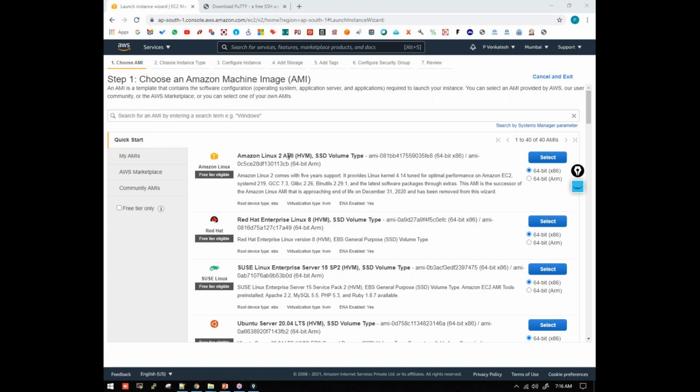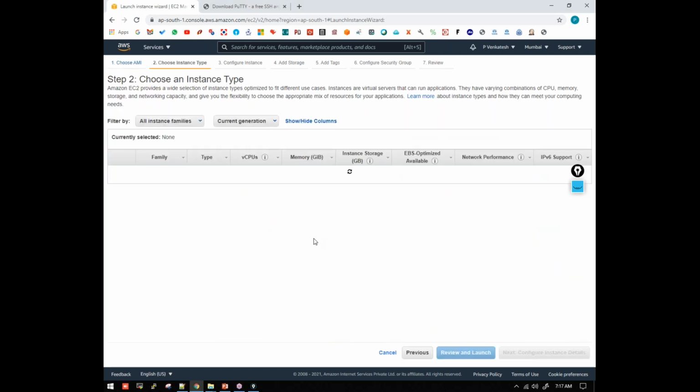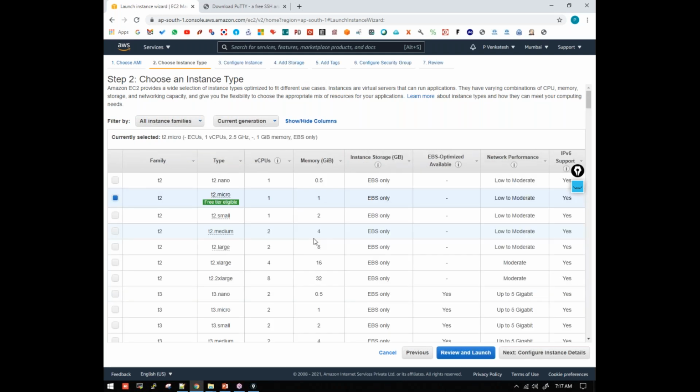Once you click on the select button, the second stage is choose instance type. Yesterday we discussed that there are 7 stages in launching an instance, and here we are in the second stage where we select the instance type. Each instance type has a predefined configuration. The T2 micro has 1 CPU core and 1 GB of RAM.